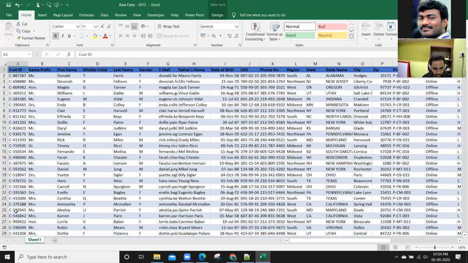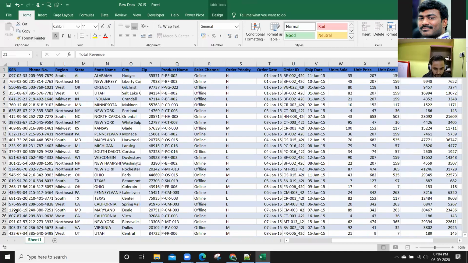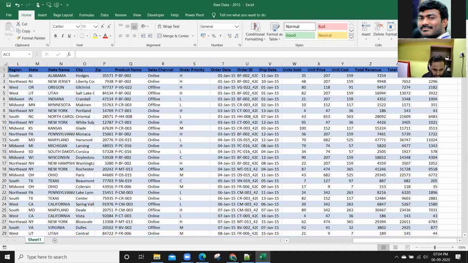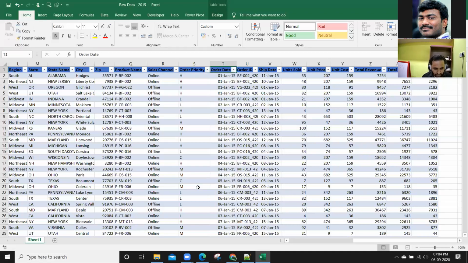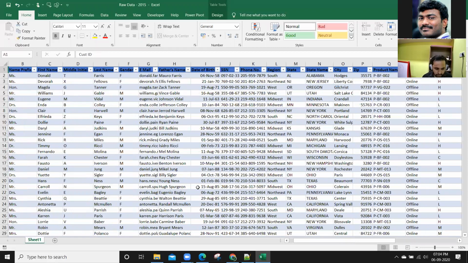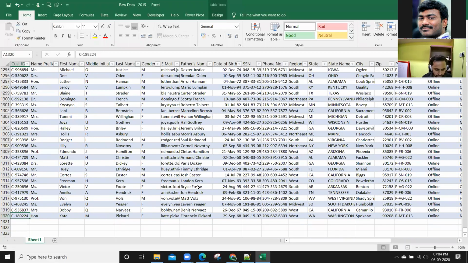So this is the 2015 data, like I can show you here. Let me apply the filter. The order date, if you see, is all 2015, Jan, Feb, March, and all, only 2015. So the 2015 data is around lakhs. Let's assume this is 5 lakhs. 2016 again will be more than 5 lakhs, and 2016, 17, 18, 19 like this they'll be having